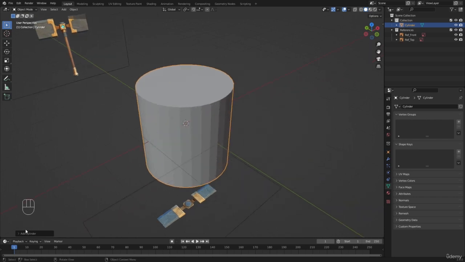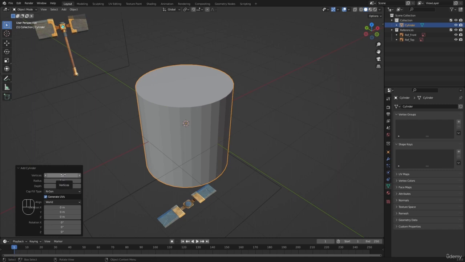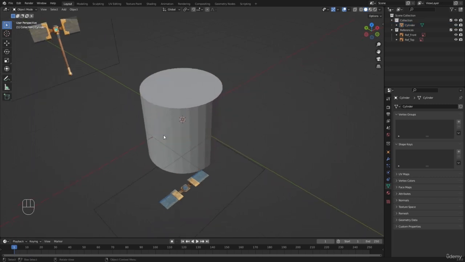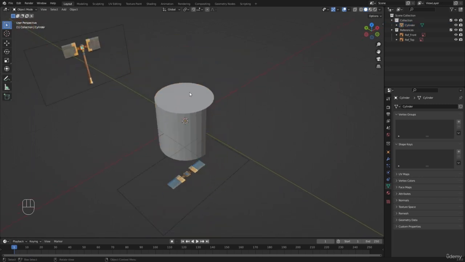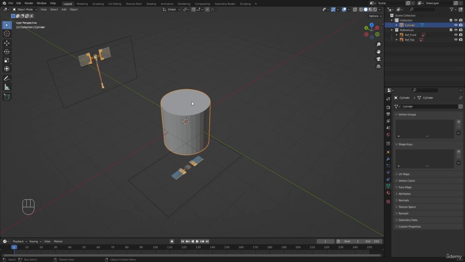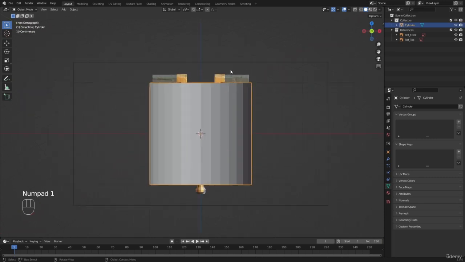So a pop-up box will appear on the bottom left and you can change how many vertices you want. Usually for low poly game objects, maybe around 16 or something would be good enough. But because I'm also keeping in mind that this could be a portfolio render, I'm trying to keep it at around 32. So now I'll press numpad 1 to go to the front view,